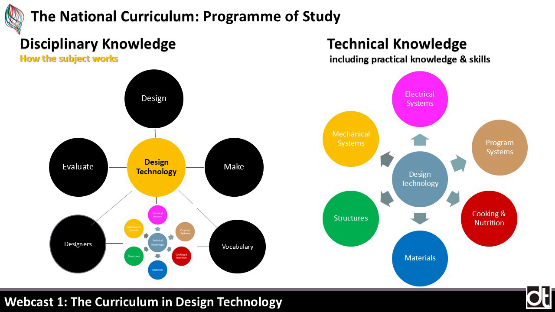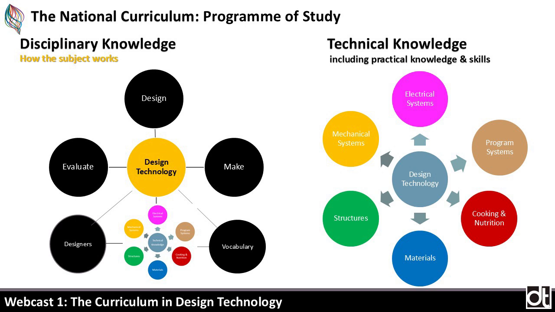in design technology. The final area of disciplinary knowledge is the study of designers and designs, because if you want to know how a subject works or to get better at the subject, then study people who do the subject well. Technical knowledge includes developing knowledge about products, knowing how they work and how things are made, and can be